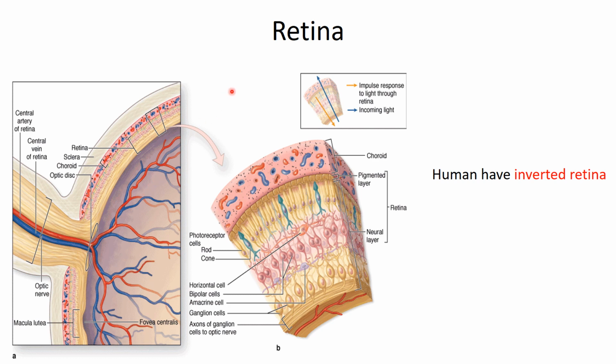Now this also denotes how the evolution of vision occurred. It is not always so in lower animals. In cephalopods like the octopus or the mollusk, they don't have this inverted retina. In that case, the photoreceptor cells are placed in the anterior portion, and the nerve fibers are on the outer portion. So there is no blind spot in the octopus or the mollusk.